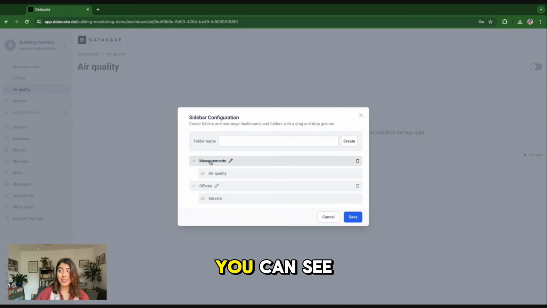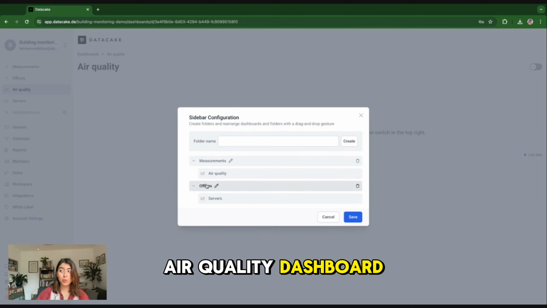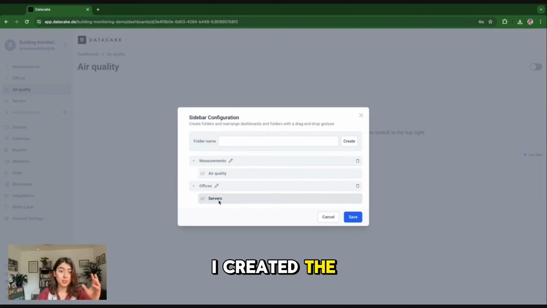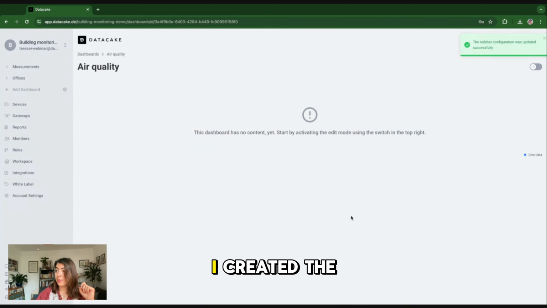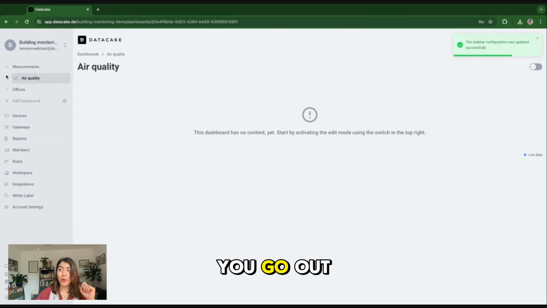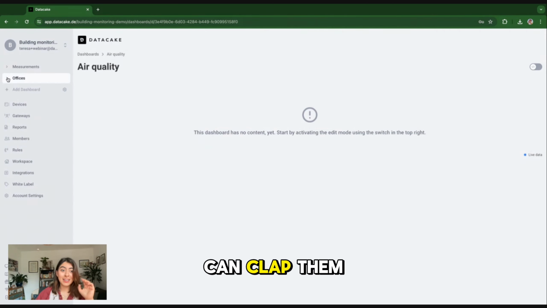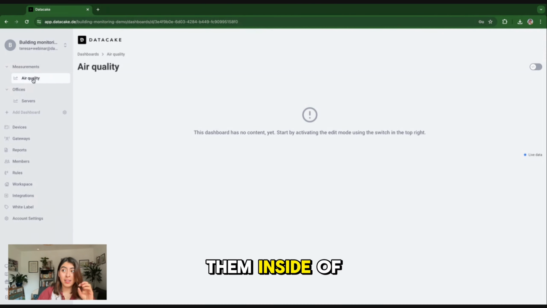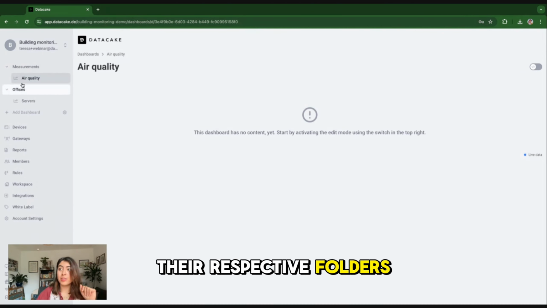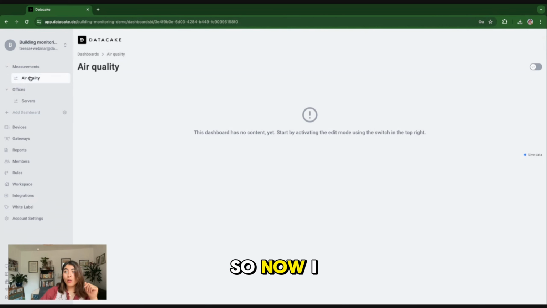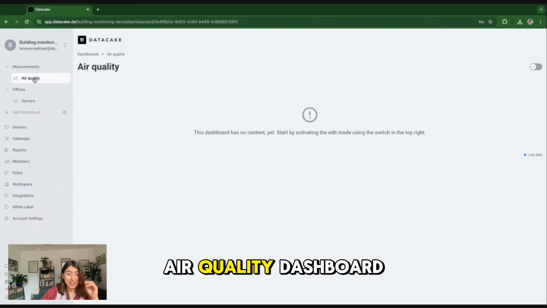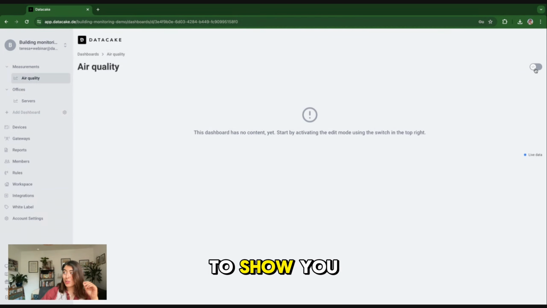And now, as you can see on measurements, I created the air quality dashboard, and in offices, I created the servers dashboard. So now when you go out, you're going to see that you can clap them and have them inside of their respective folders. So now I want to create an air quality dashboard, and I'm going to show you